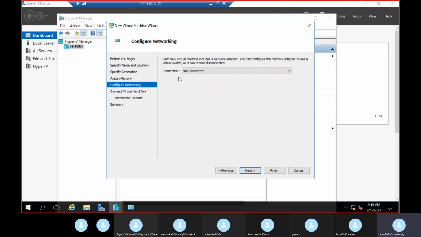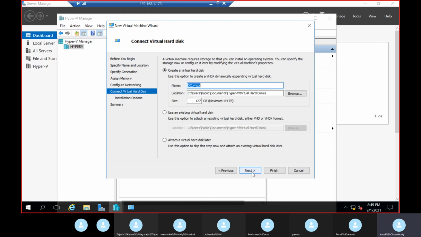Next, connection. We have created one connection, correct? vSwitch. Can you see it's coming? Internal I have done. So vSwitch. Next, here it is asking to create a virtual hard disk. How much space you want to provide? Same thing as what you do in VMware Workstation. Do you remember? Same thing is coming. By default in Hyper-V, 130 GB is the default. In VMware Workstation, you get 60 GB recommended. So it's different like that.